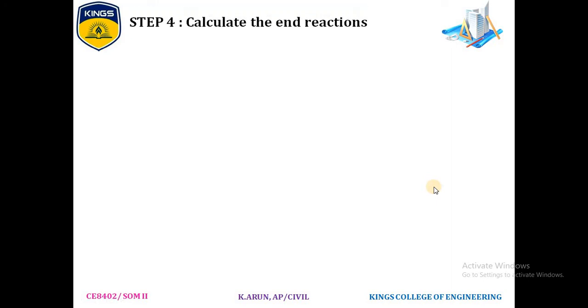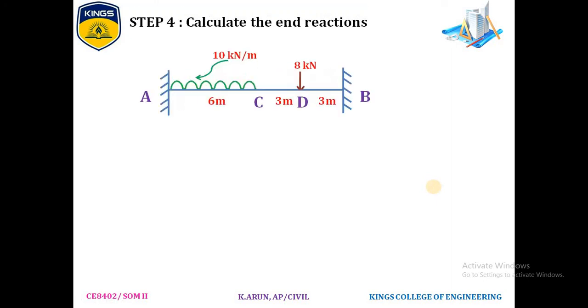So next, I am going to calculate the end reactions. This is the fixed beam and I am going to consider the end reactions RA and RB. Unlike a simply supported beam, we cannot consider the beam as a free end and we cannot calculate the simply supported reactions by taking moment. In this fixed beam, first we have to calculate the fixed end moments and then only we can calculate the RA and RB, in which the moment will be included. We can see here, we have already calculated the fixed end moments. Moment at AB is 87 kilonewton meter and moment at BA is 51 kilonewton meter.